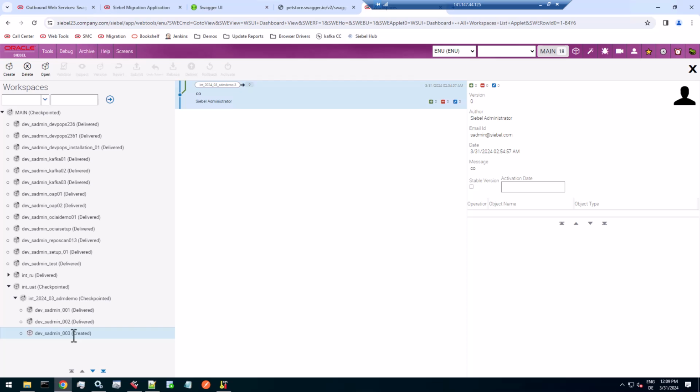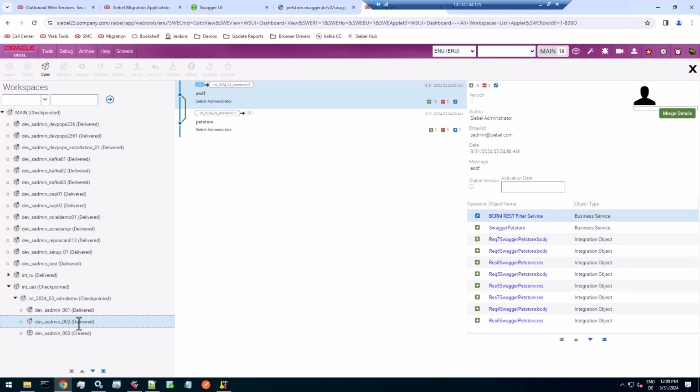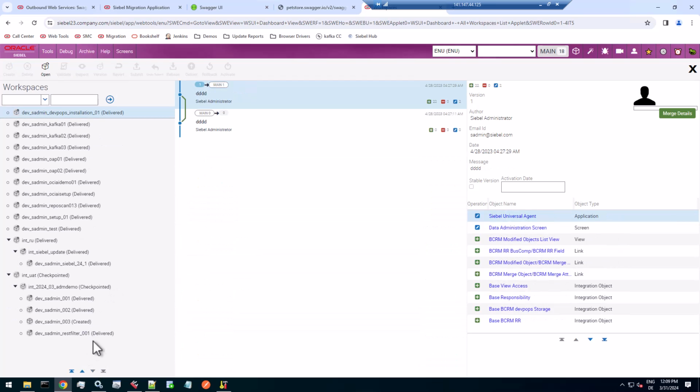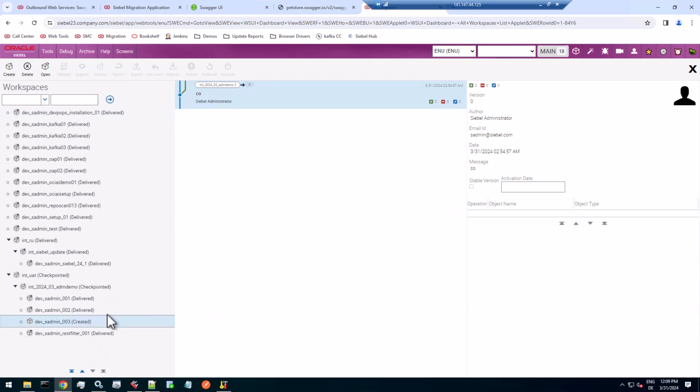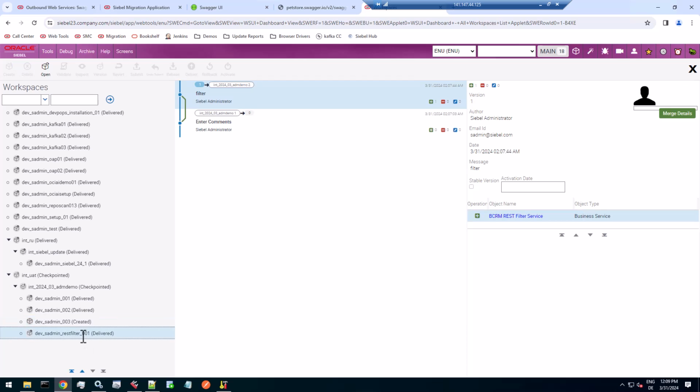And the third one was actually delivered a while ago. No, it's still just created. So here's another one. That's an update to that filter service. So when you import a Swagger or OpenAPI file, you get a business service and you get an integration object, but